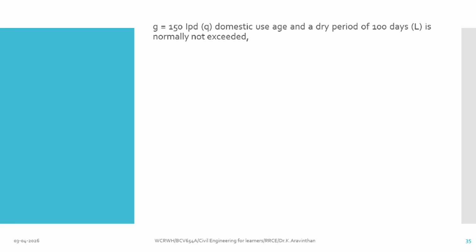Now you can calculate from the given data. Let us take domestic usage, which is 150 liters per day per capita. The 100 days are dry days. By using that graph, you can understand how many months. So nearly 3 months are hot dry days. Now you can calculate by